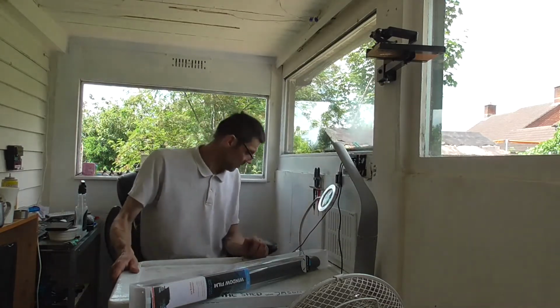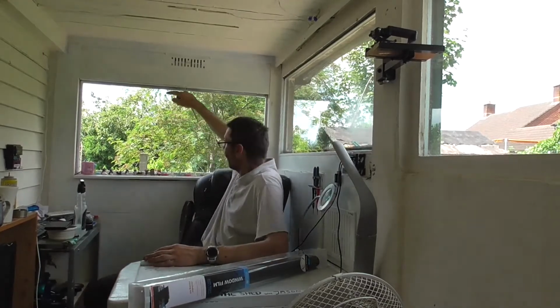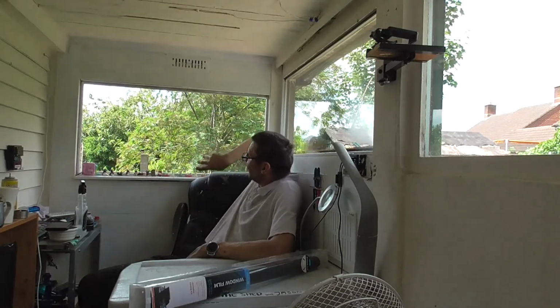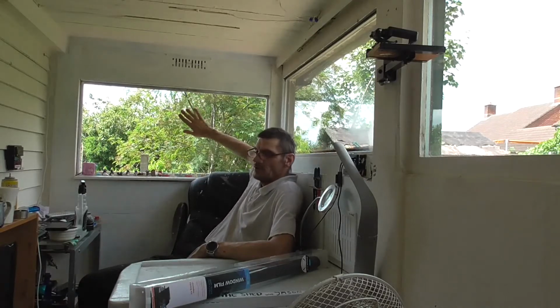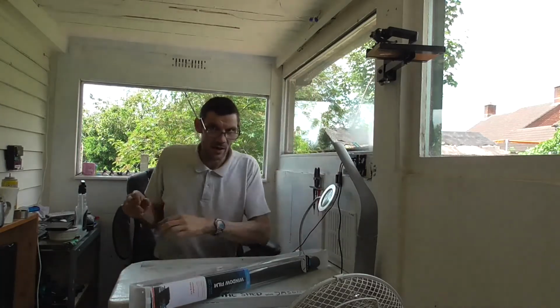Hi! So, today I'm going to have to put some window tint on this window and at least something on this window. Now I've got 30 centimetres spare from this window, but there will be a little bit on the end, so I may be able to do a little bit of patching and just have a couple of corners. But this one lets in way too much heat in the afternoons, and this one just lets in too much light in the afternoons. So I get glare on the camera from this window,